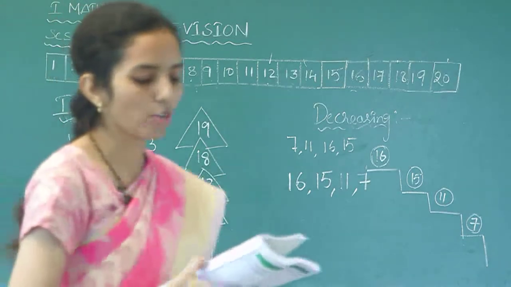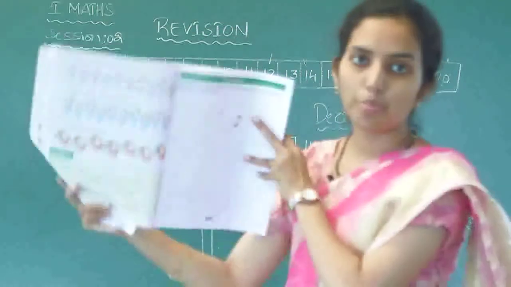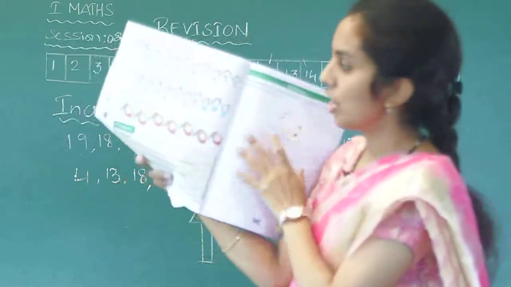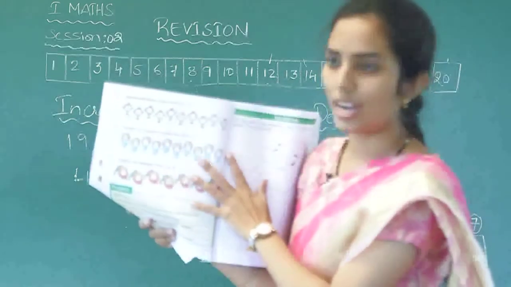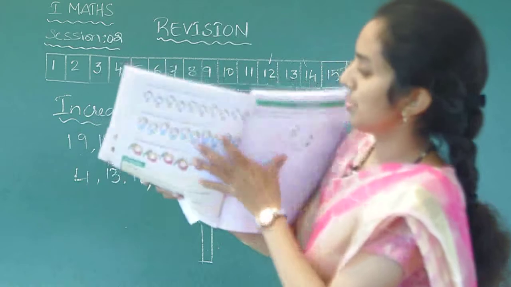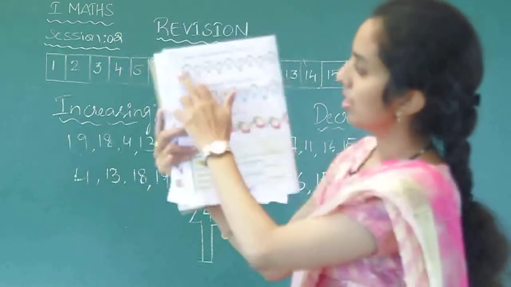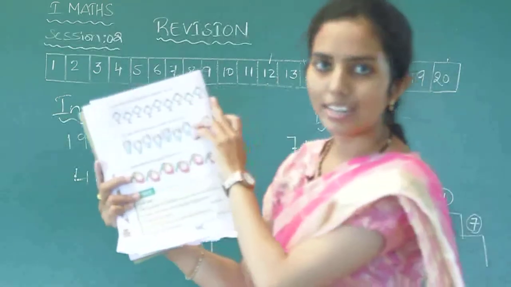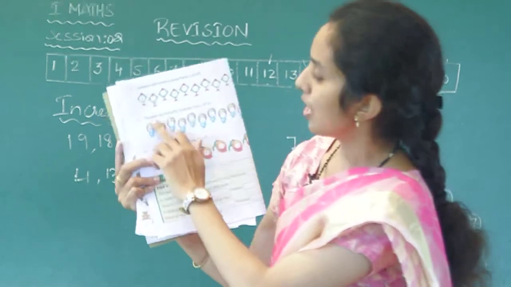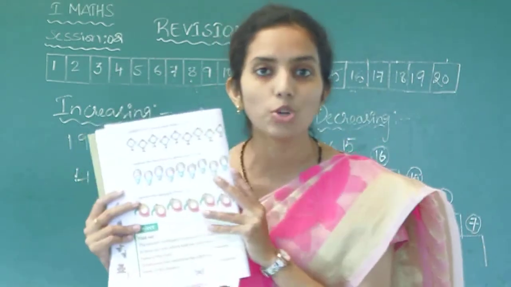Again we are going back to our first topic. Just like the caterpillar, how we wrote the numbers, here on the kites also we should write the numbers. So, is it visible? Yes, 1, 2, 3, 4, 5, 6, 7, 8, 9, 10. Till 10 you have to write. Here, number the balloons in order from 10 to 1. What is 10 to 1?